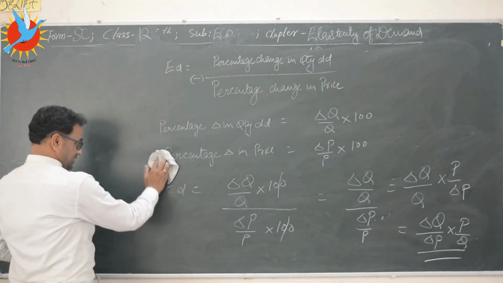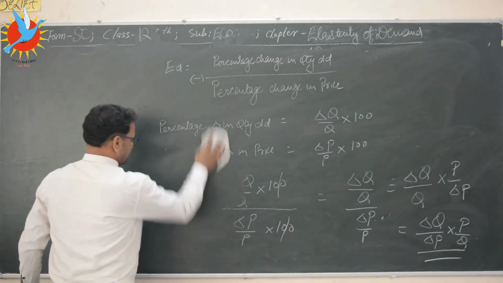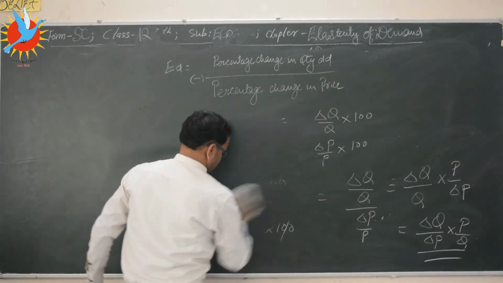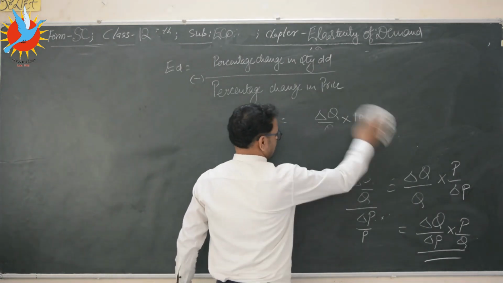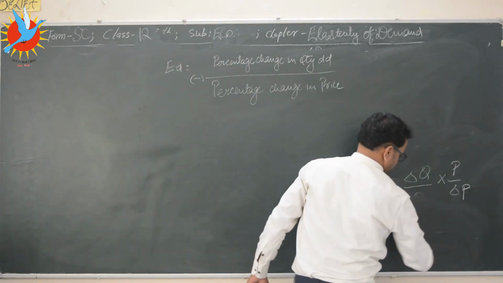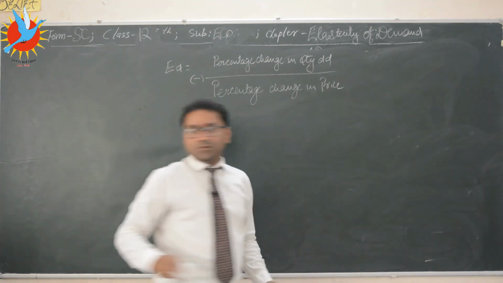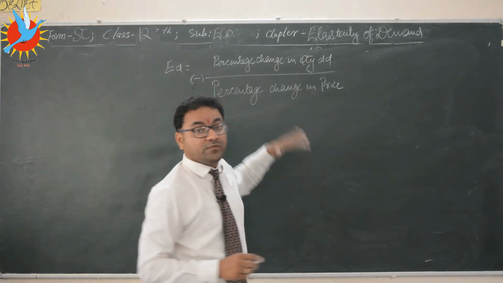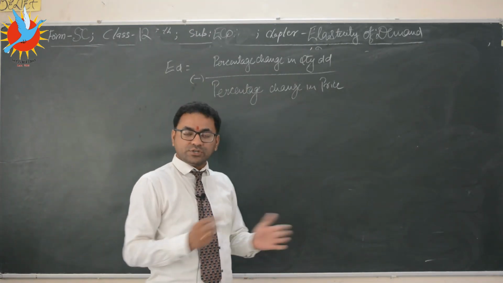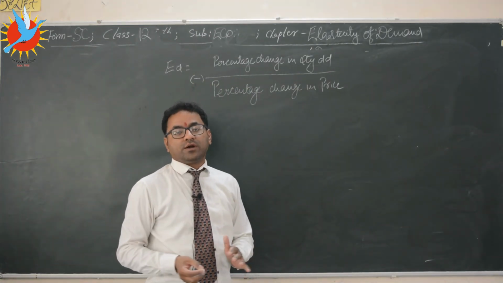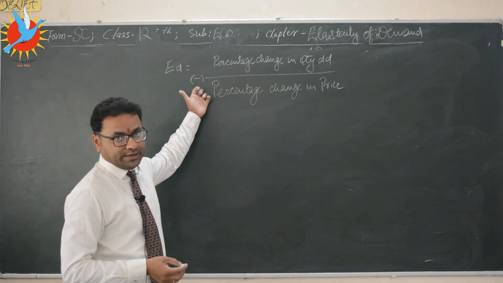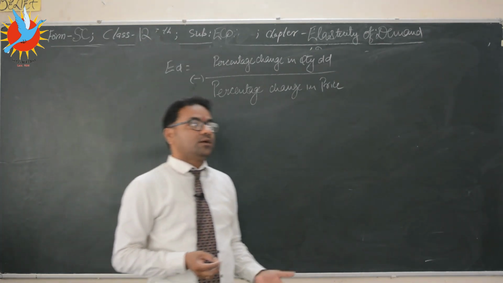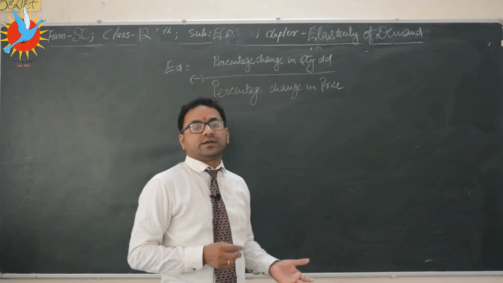So let us see another example. See, when we have to find out the elasticity, we can ignore this negative sign. But when we have to find out the new price, initial price, new quantity, or initial quantity, then we cannot ignore this negative sign. I can simplify it, though, so that even if you ignore this sign, we can get the answer.